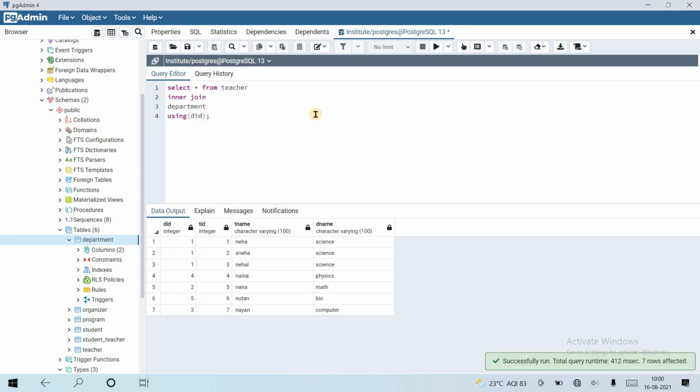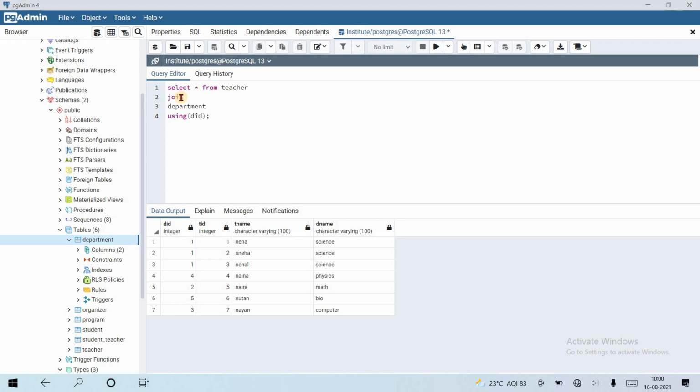Let's run this query. You can see that the data is fetched for the common column department id. You can verify whether inner join and join work the same. Here you can see there are 7 records in both cases. So inner join and join work the same.